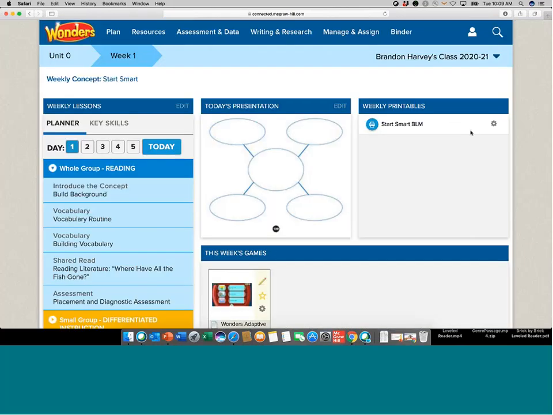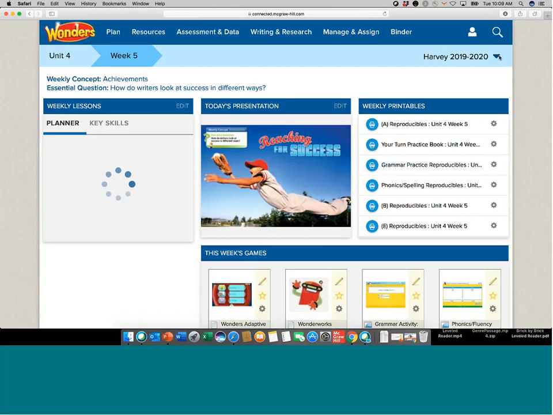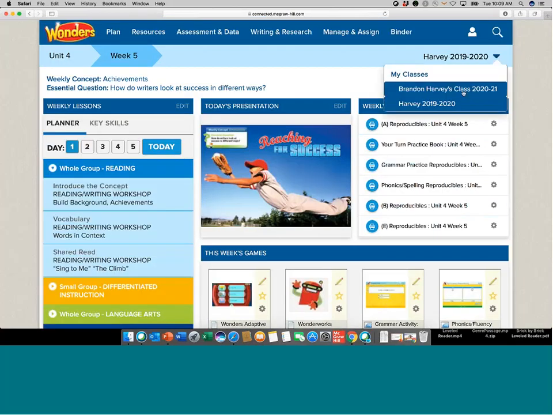and it has literally created, here I am, it's sitting at Unit 0, which is Start Smart. It's sitting and waiting for that August 2020 date to arrive. Now, notice I have a drop down, so I can go between this year's calendar and next year's. So it is possible, but